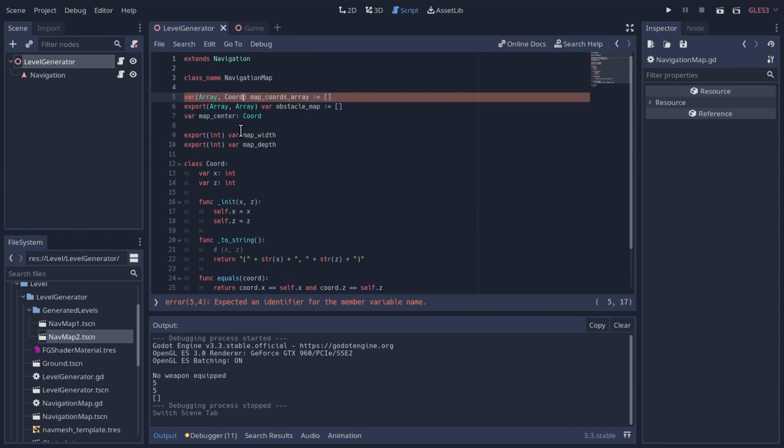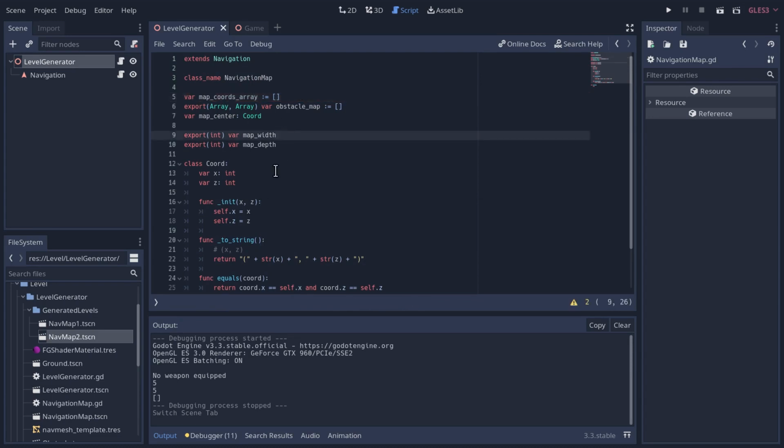We're not actually going to be able to do this easily because this exported data is not a standard data type. It's our custom class. So we won't actually export this one. Instead, what we'll do is we'll just move over the generation of this array into the